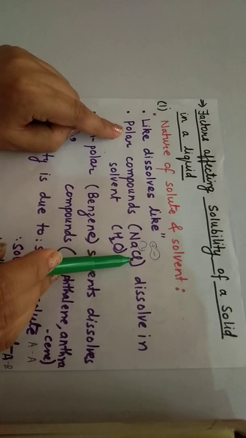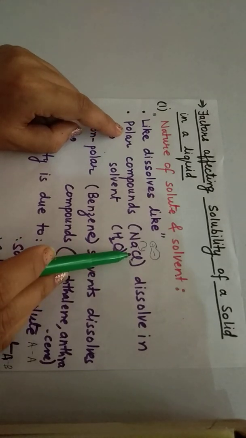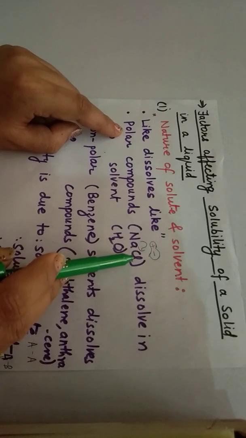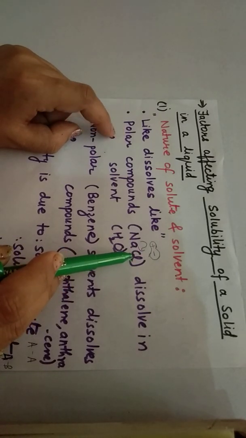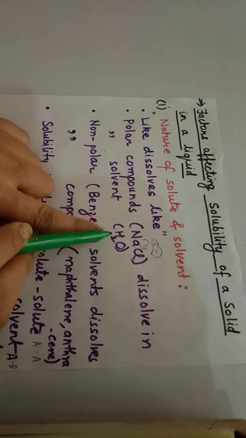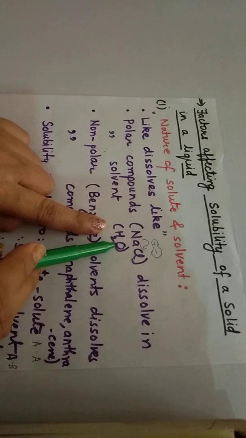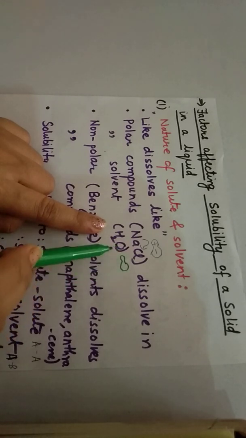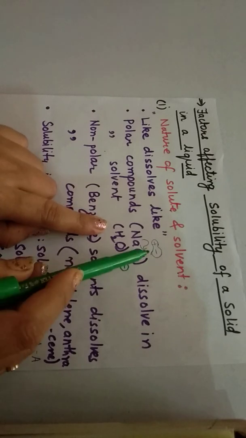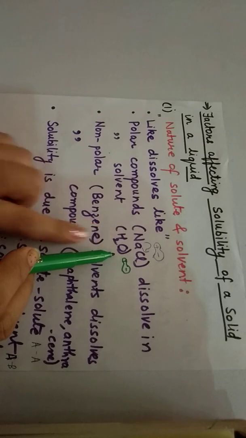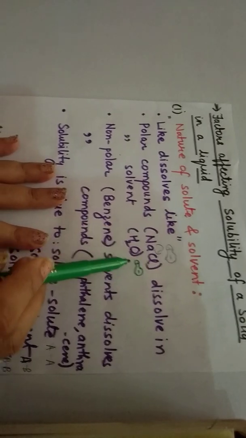It is polar in nature because chlorine is electronegative, as a result of which it will tend to attract the shared pair of electrons towards it, and thus dipoles are created. So this is a polar compound. In the same way, in water also oxygen is electronegative in nature, so it will tend to attract the shared pair of electrons, due to which there will be creation of dipoles. So it is also polar. As a result, these two are polar. So this polar solute NaCl will be dissolved in polar solvent, that is water only.